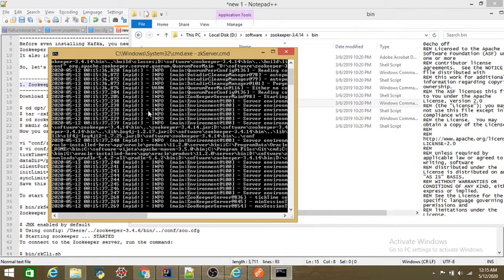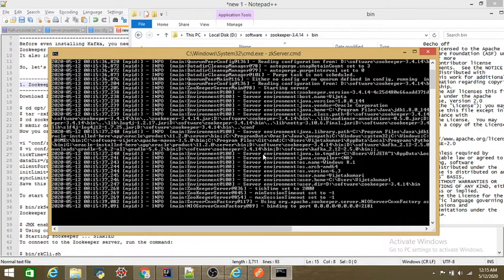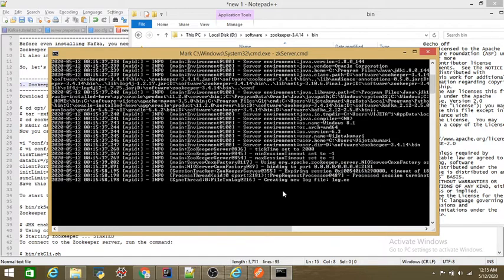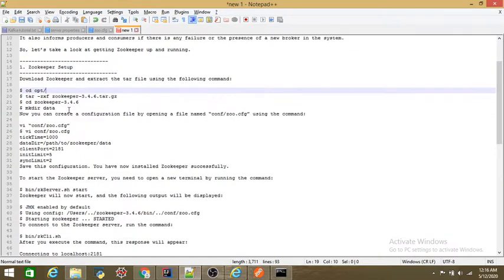Make sure that you have set the path of Zookeeper home and Zookeeper path in your system variable or user variable. So you will see that as soon as I hit enter with this Zookeeper server command, it started binding of this port. That means my 2181 port is bound with the Zookeeper. You can see that, and it started creating the log file. You can just minimize that, and then we'll come to step 2.